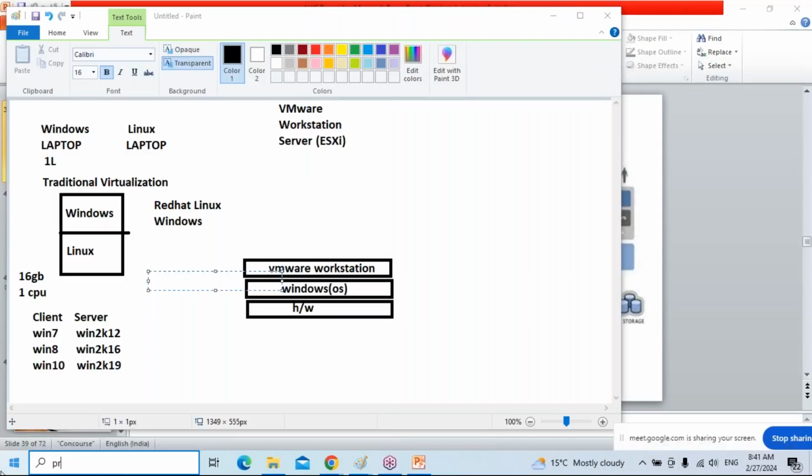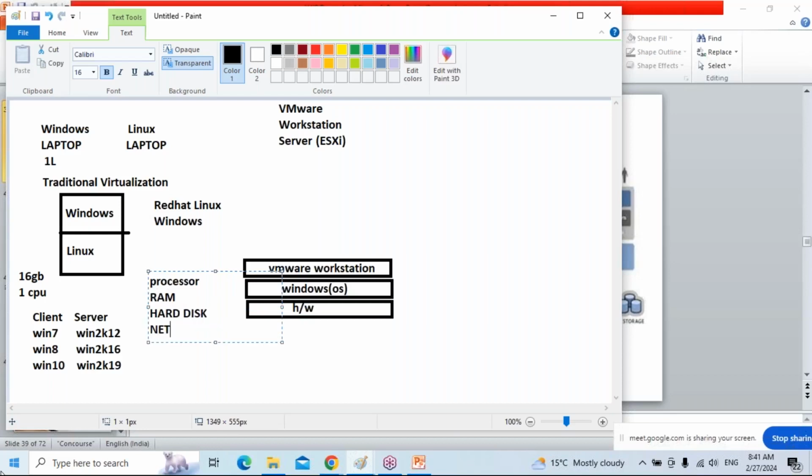I need a processor, that is CPU, RAM, hard disk, network card, monitor, keyboard, mouse, motherboard.